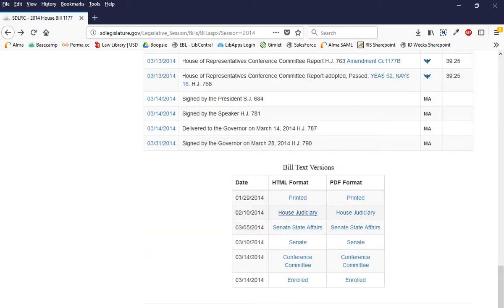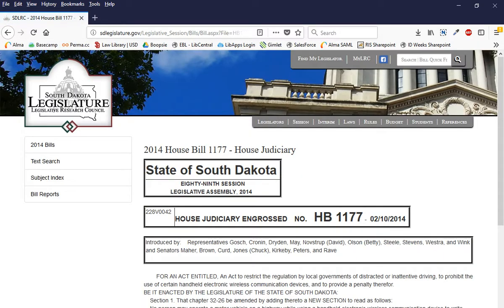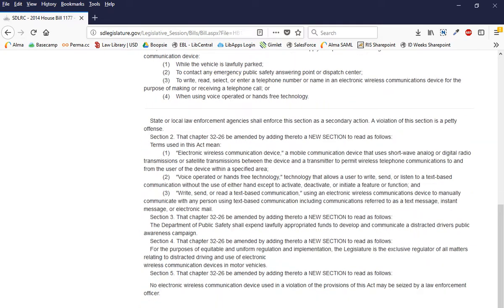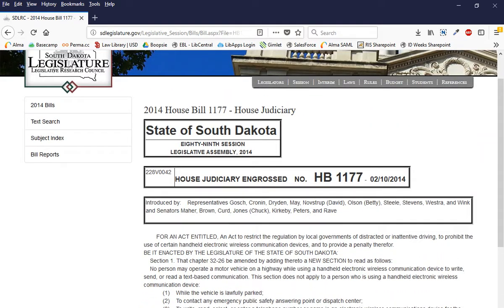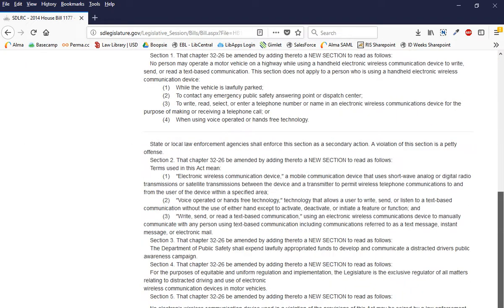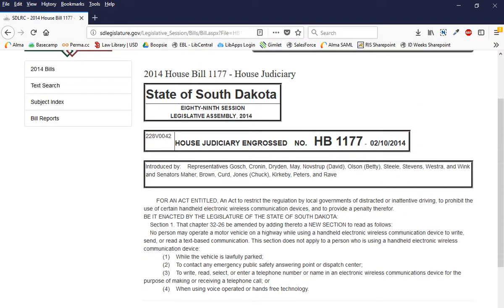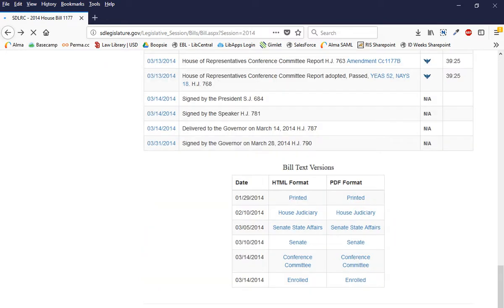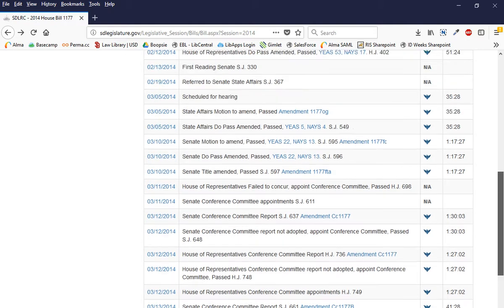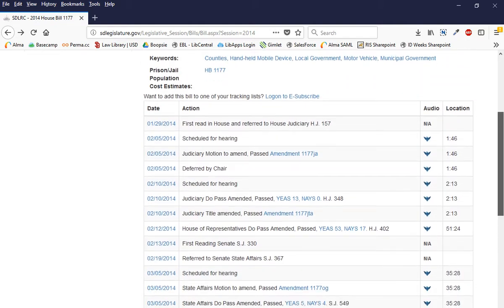If you go back, we can look and see what it looked like with the amendments that the House Judiciary made. So that can be really helpful to kind of see the changes that have been made as it goes along and compare the different versions. Okay, so going back up,